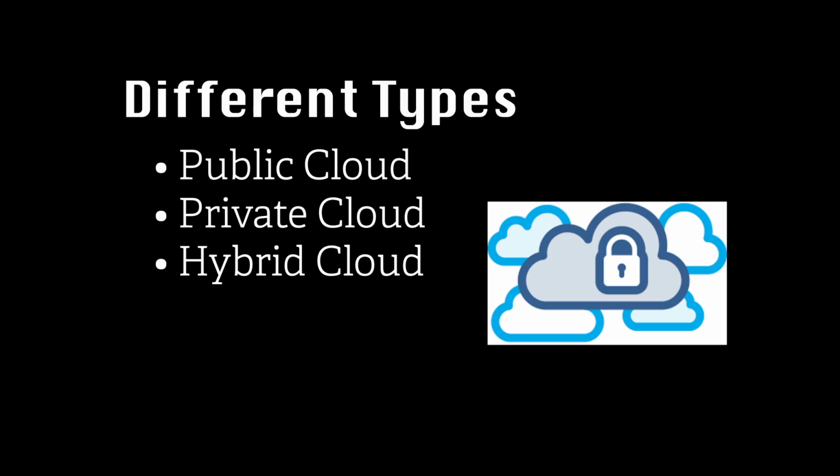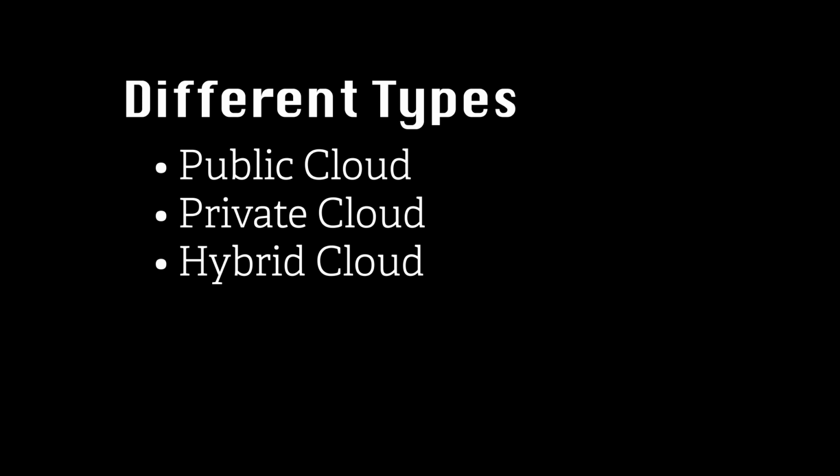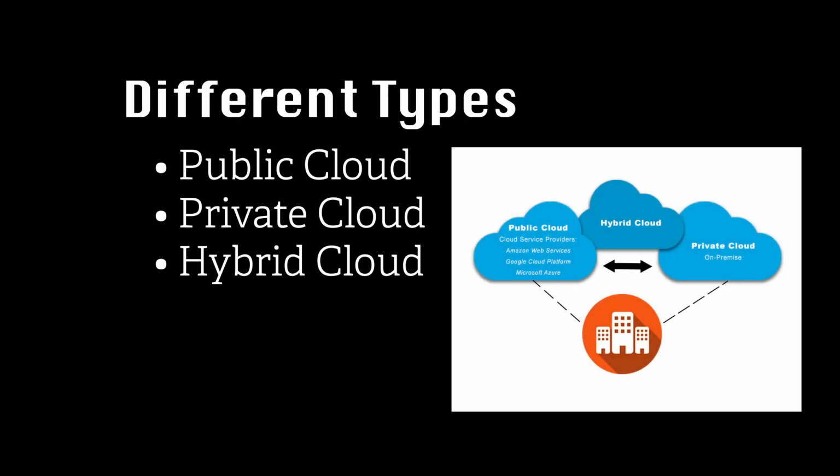Public cloud providers manage all the hardware, software, and the other supporting infrastructure that goes into making that work. You commonly access these services through a web browser. Private clouds are generally owned and run by an individual or your company, or they might pay another third party to host their servers. This allows the services and infrastructure to be dedicated to only that company and on their own private network. Hybrid clouds combine the previous two cloud computing types. They allow data and applications to move freely between both the private and public clouds, giving greater flexibility, more deployment options, and the ability to optimize the infrastructure, security, and compliance.